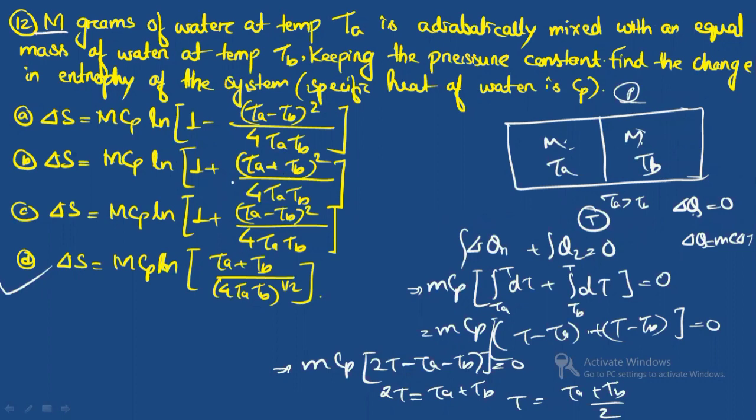If you see Ta plus Tb, you are not getting any term which is having 1 plus. So the only option which is approximately equal is option D. So that is the value of delta S, the change in the entropy. You have to remember the basic things which you study, because when you're solving papers, you will have to remember that it is related to basic and very simple concepts. It's only the language of the questions which is making it difficult.